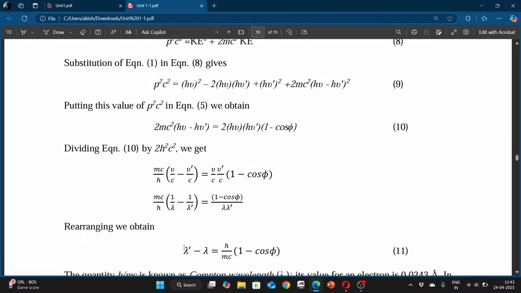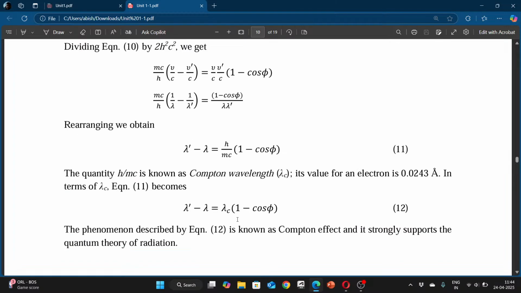अब इधर कैसा है, λ' − λ, λλ' दोनों तरफ ऊपर नीचे से कट जाता है, इक्वल टू h/mc (1 − cos φ)। तो इधर से आ गया, h/mc नोन एज कॉम्पटन वेवलेंथ।